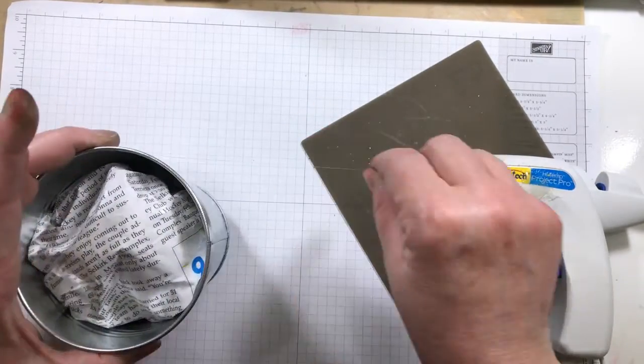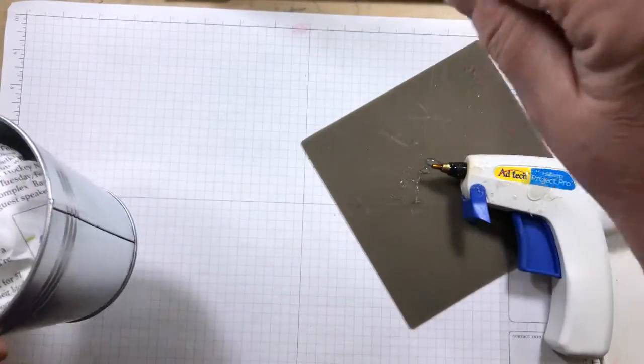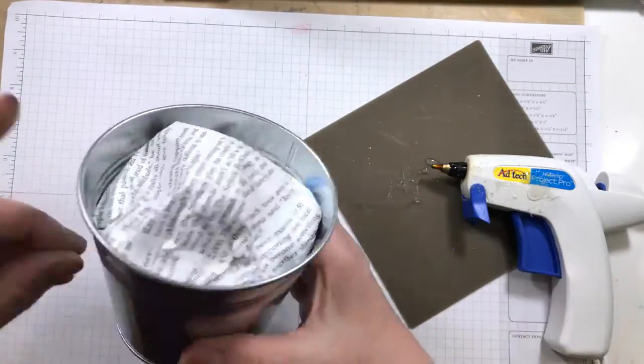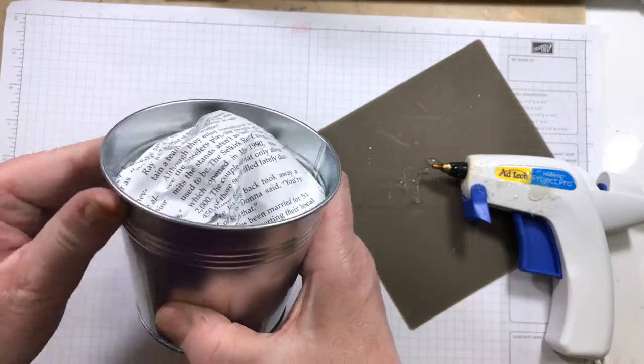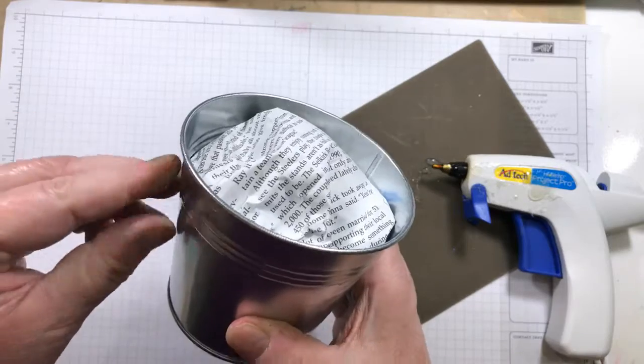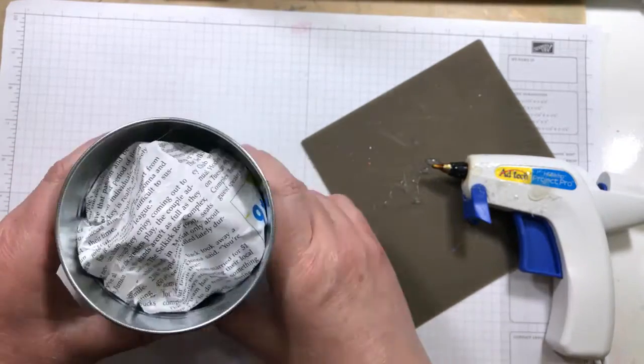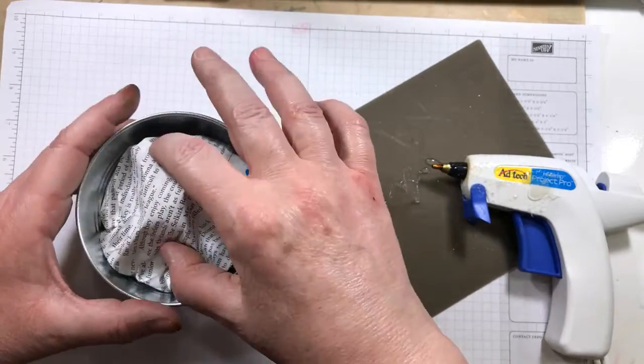Okay, so next, you can see I've got glue trails here, which you can get rid of after you're completed here. And if they are stuck to the edge of the tin, which happened to me before, you can take your glue eraser and just rub those off. I'm not going to worry about that now. Okay, so next